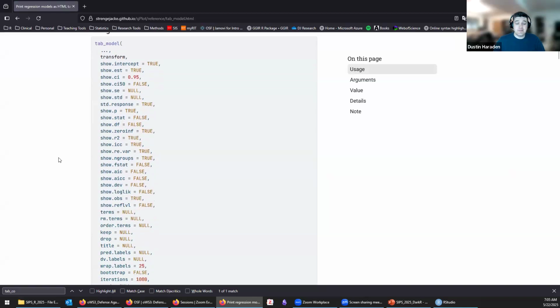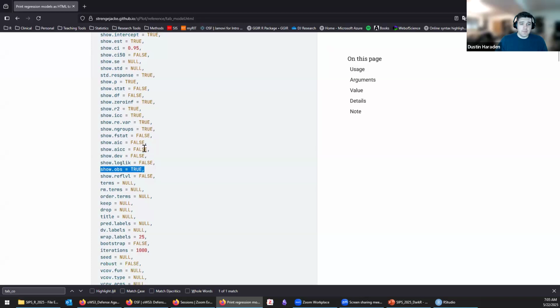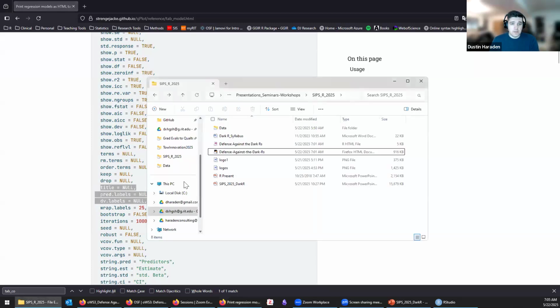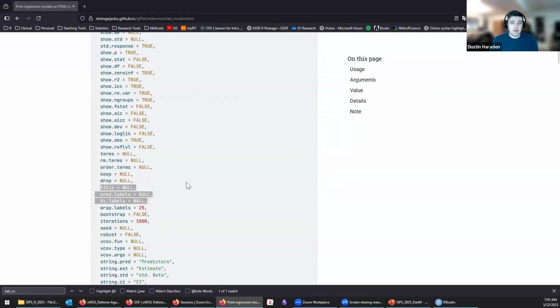You can specify a whole lot of different things. So you can have it not show how many observations there are. You can include R² or not. But here is where we'll spend most of the time: what is your title, what are the predictor labels, and what's your dependent variable label. So if we come back to R,